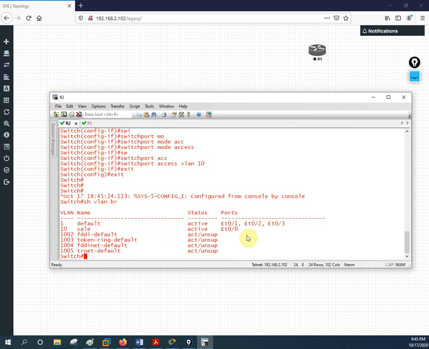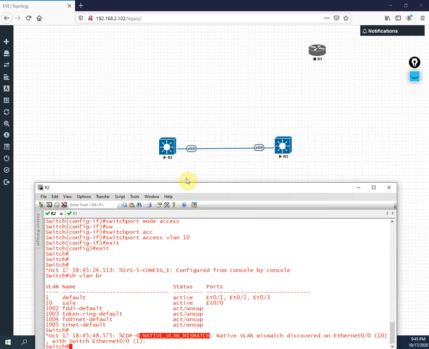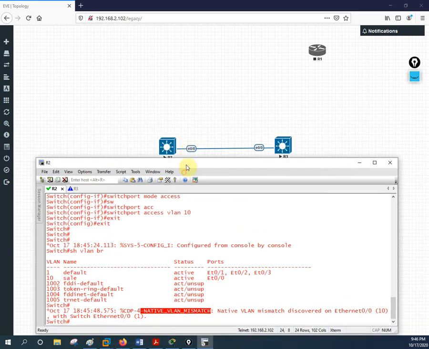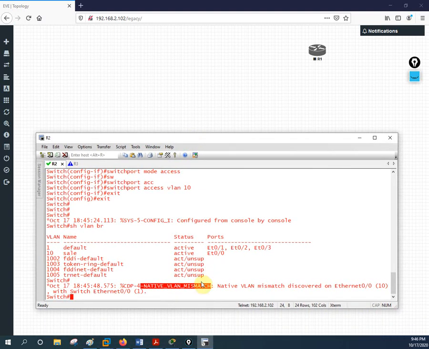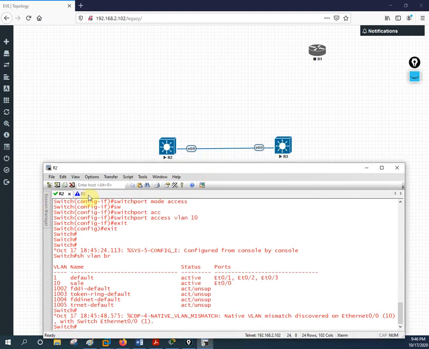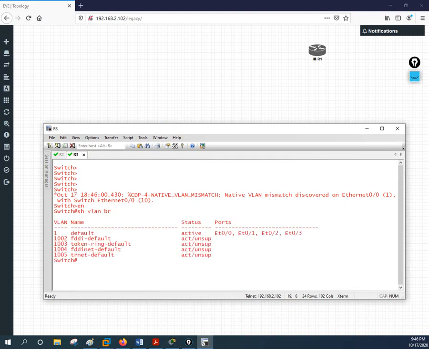This way, we already know this, but anyhow we are going to discuss it. If you face any issue, no problem. Here a native VLAN mismatch is occurring because we changed E0/0. I put the E0/0 port in VLAN 10, but in this switch we have E0/0 in VLAN 1. That's why we have the native VLAN mismatch, because the native VLAN is 1 by default. So if you go to the switch here, you will also have a VLAN mismatch. If you write show VLAN brief, we have only one VLAN.